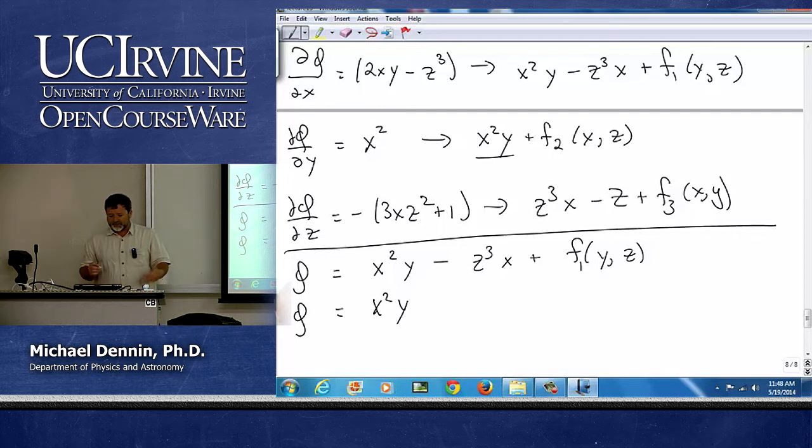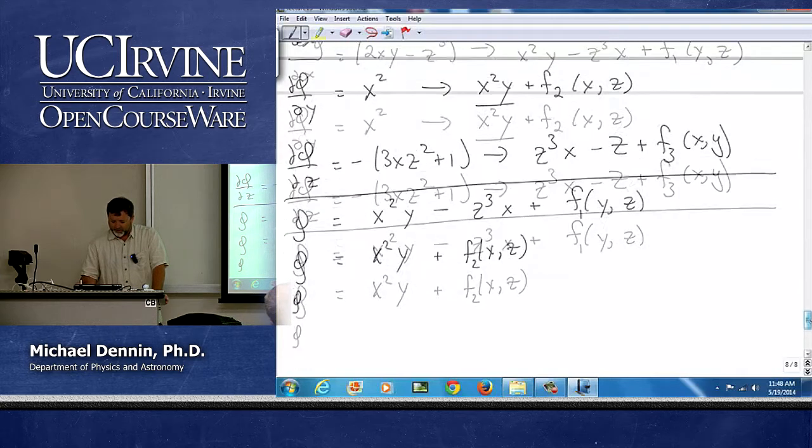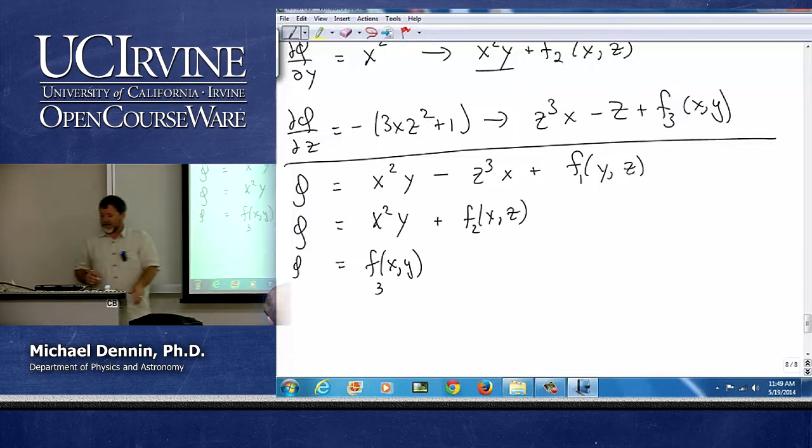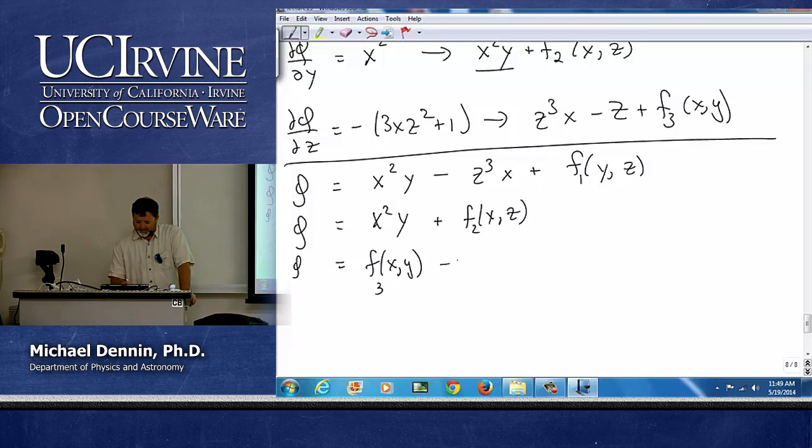And it has some function that just depends on x and z. Well, here's a function that just depends on x and z, so let's put it there. My final phi does not have an x squared or a y, but it has a function that just depends on x and y. So let's put it there, because that is a function that just depends on x and y. It has a z cubed x, and it has a z,